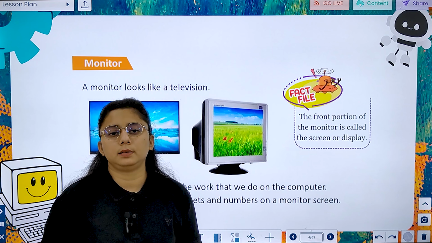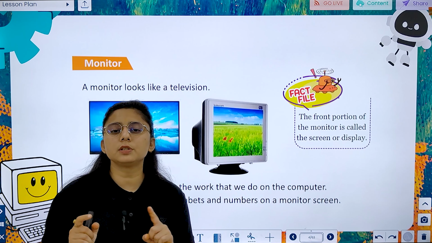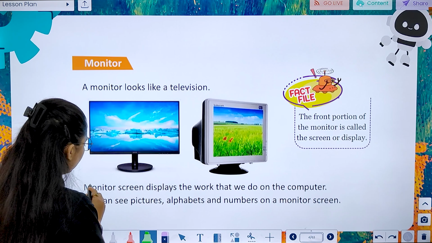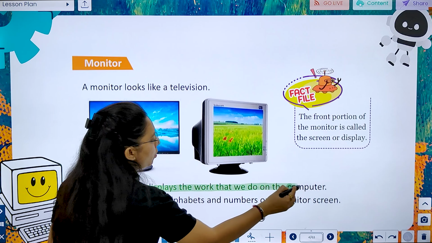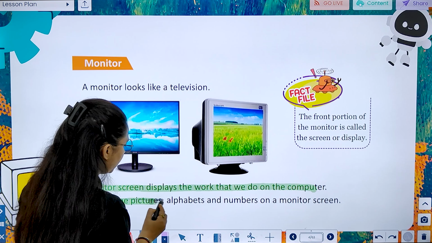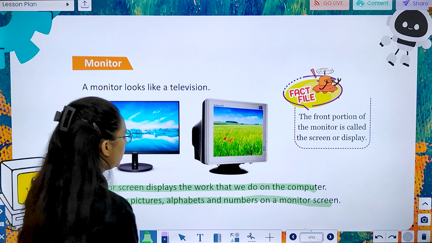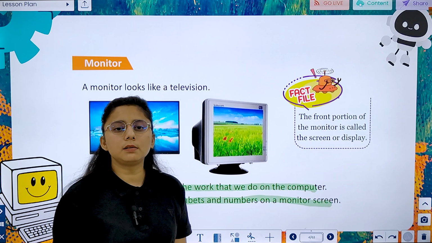Now first is monitor. It looks like a television screen. Monitor screen displays the work that we do on the computer, and we can see pictures, alphabets and numbers on the monitor.